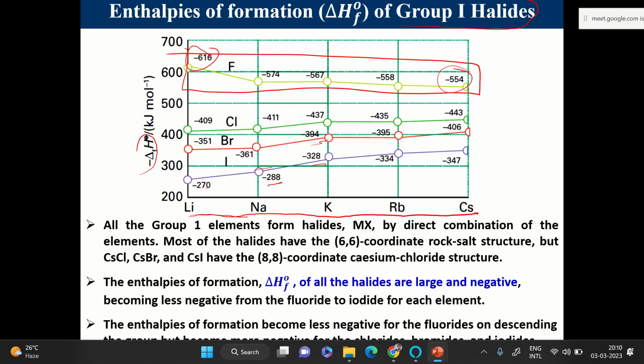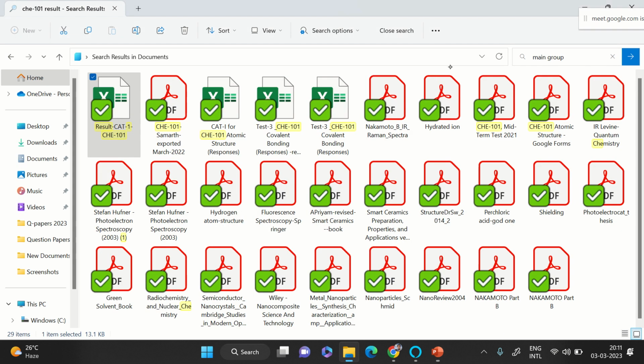So what is happening here? So what we see here, most of the halides, sorry,